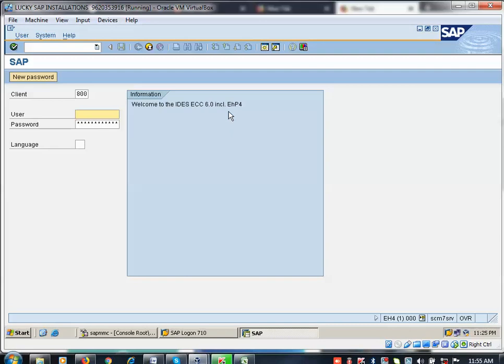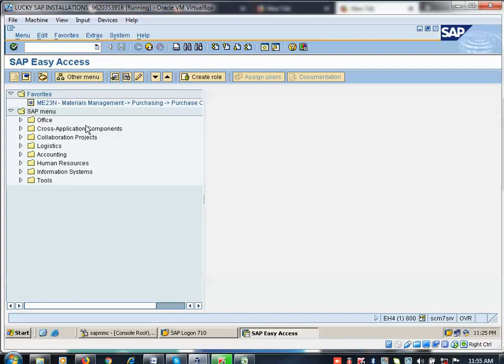So EHP4, I am logging in here, SAP user India 123. Whether you are working as an end user, you have to log in like this only. If you want to enter this room, this is the door, that's called an interface. In SAP terminology we call it an interface. You are logging into SAP to do some transaction like PO creation, goods receipt creation, invoice receipt creation, transfer posting from one material to another material, plant to plant, like that. For all activity you want to do, first you have to enter.